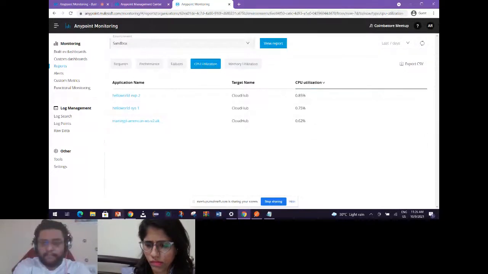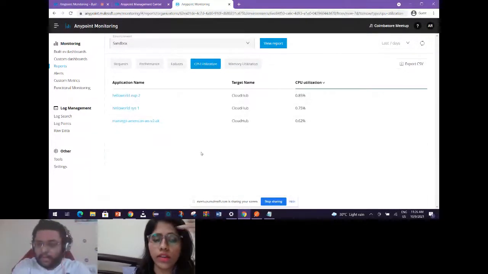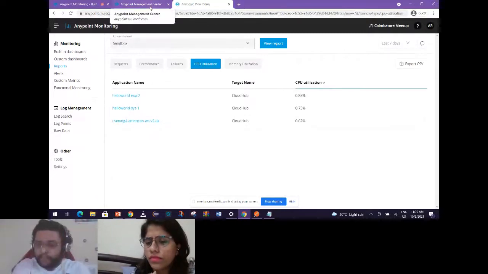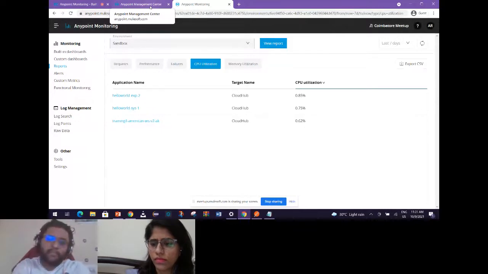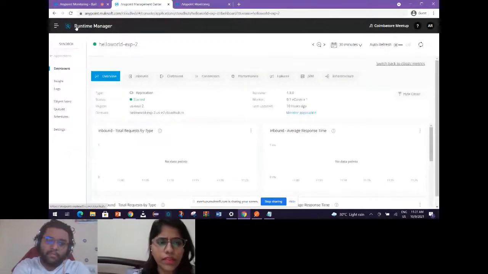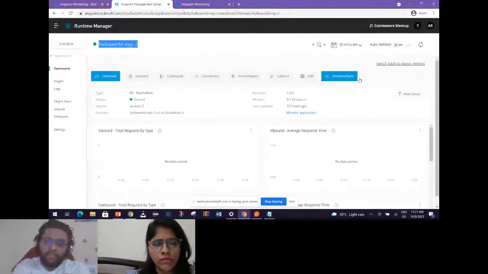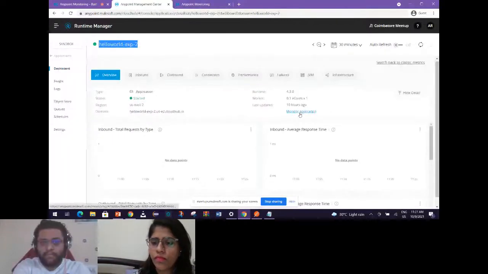Okay. Can we move ahead, or are there any other questions? Yeah, there is one, Rakesh. As Dheeraj is asking, yes, CPU utilization is related to vCore, that is what he is referring to. And the question from Sandhya is how to get the CPU utilization report without Anypoint Platform. Like I said, you can always go to the Runtime Manager of your particular application. Over here as well, you will get the same built-in dashboard that you are seeing in Anypoint Monitoring.